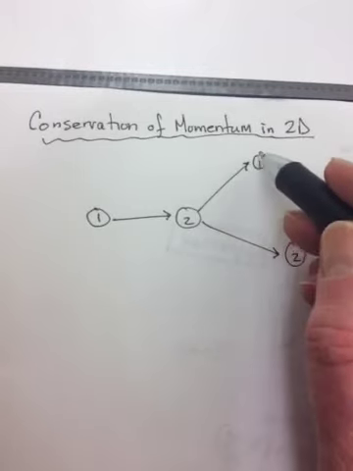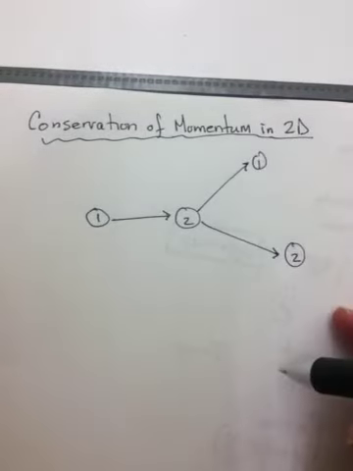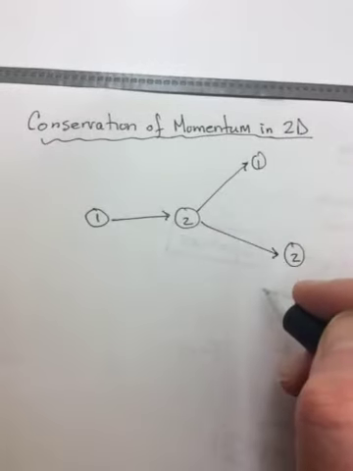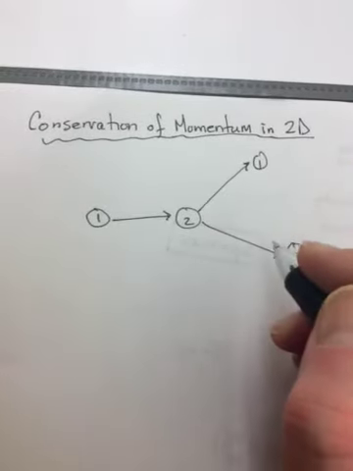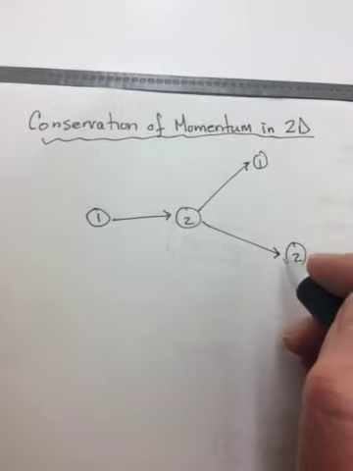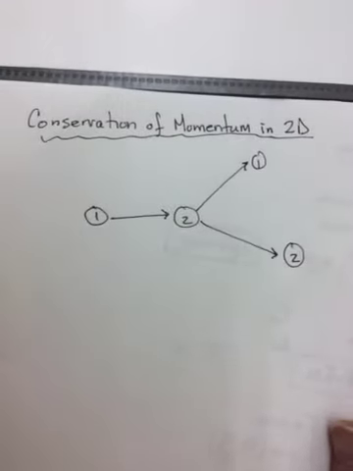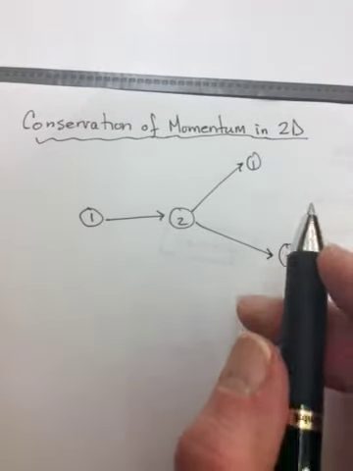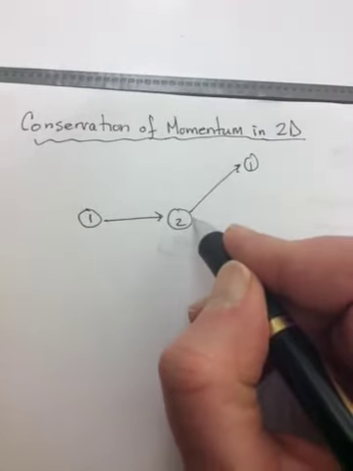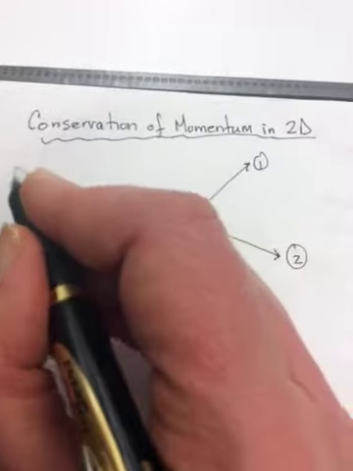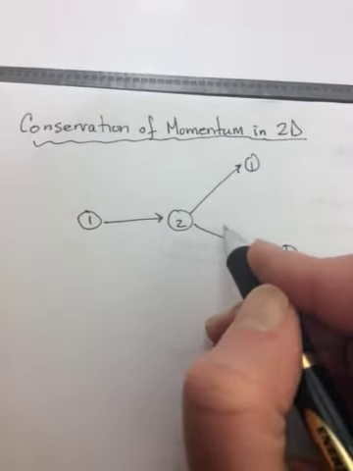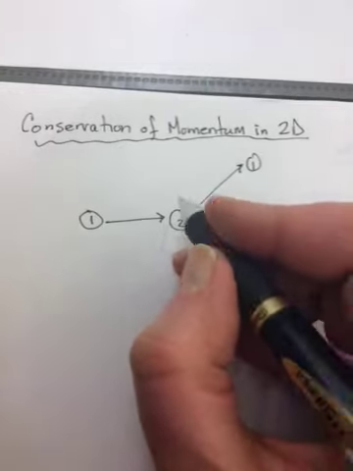But that's not real life. Real life is that one object goes off one way and the other goes off the other. Think of playing billiards or pool, right? They always go off at angles. And so grade 12 physics is all about 2-dimensional collisions. Okay, but don't stress. They look just like 1-dimensional collisions, except that we're going to apply the law, because remember it's a law. We're just going to apply it in the x direction and then in the y direction, because